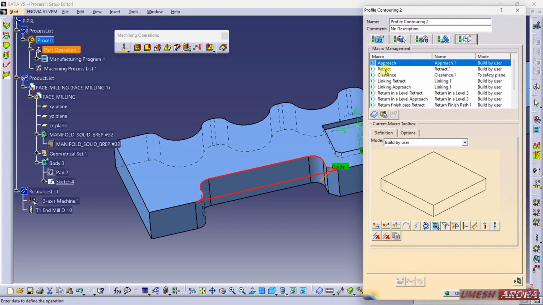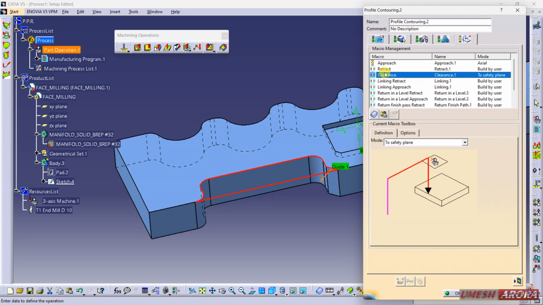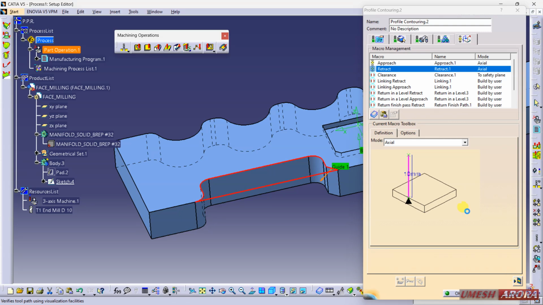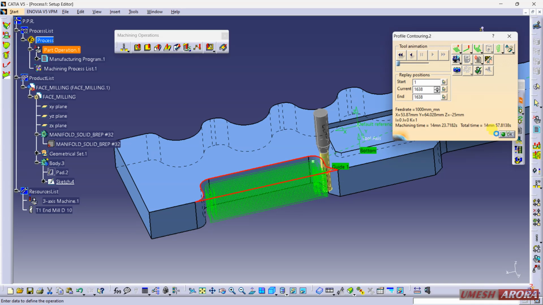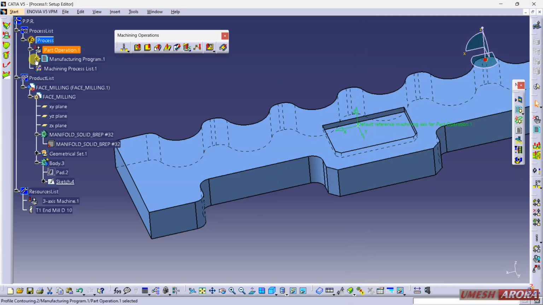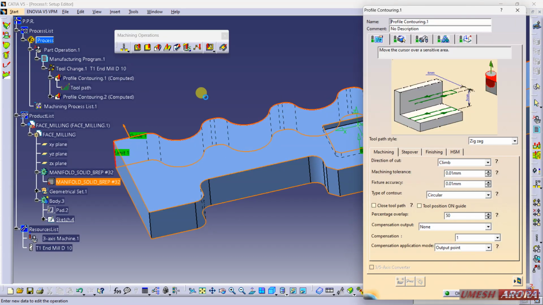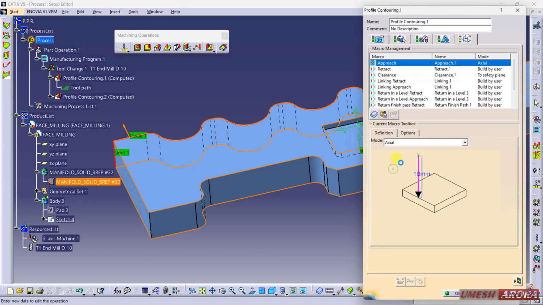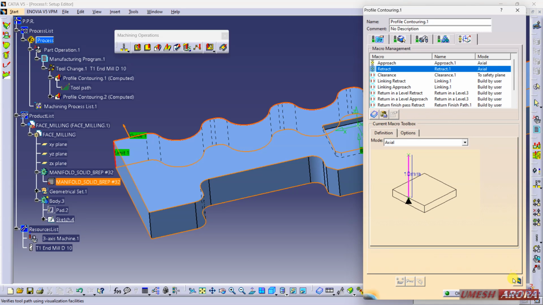So click here, and here we need to define approach. Right click here and activate, and approach is in z direction. And for retract, click here again, activate, and z axial direction is 10. Compute, and do the same for the first operation. And my first operation is this one. Double click here and come to this approach, activate. So axially it will approach, and the tool will retract 10 mm after cutting.